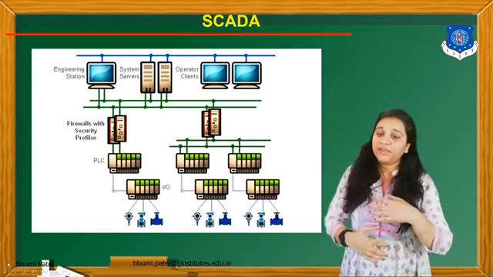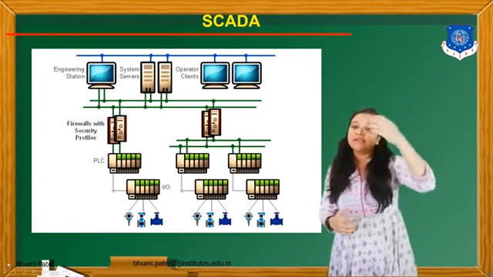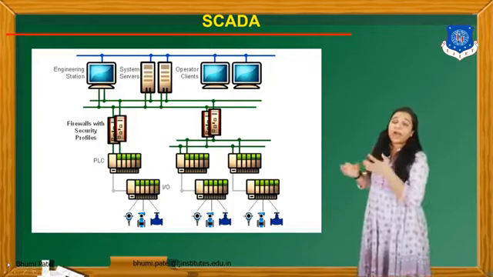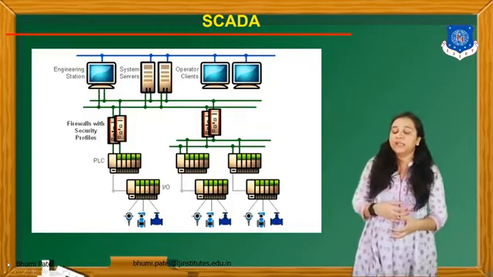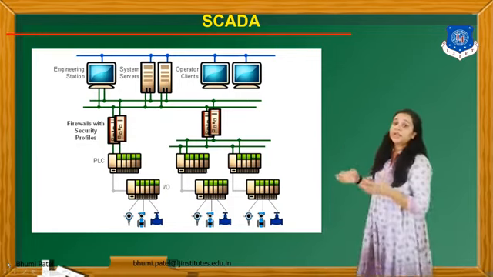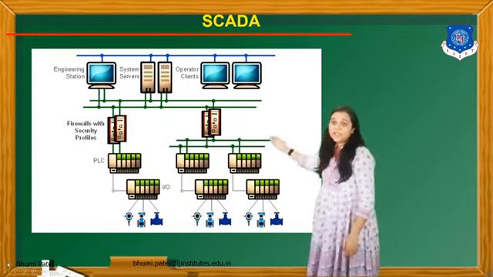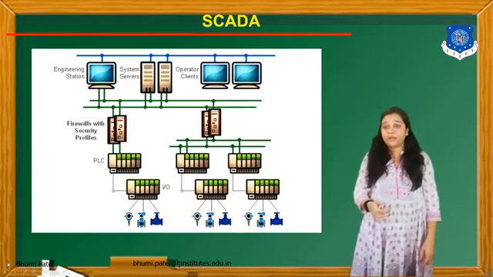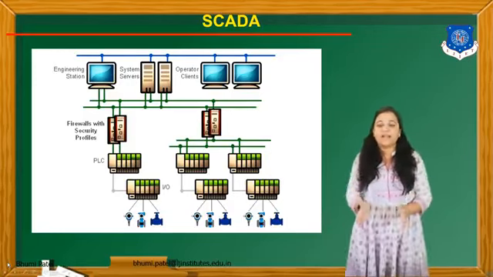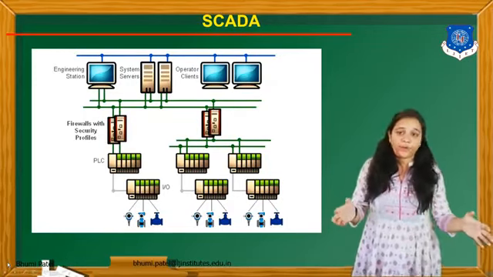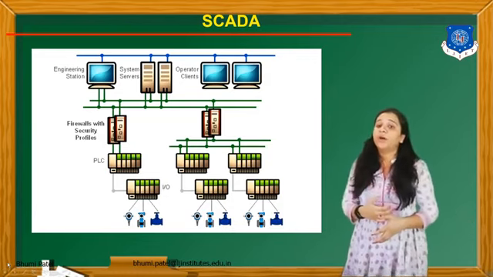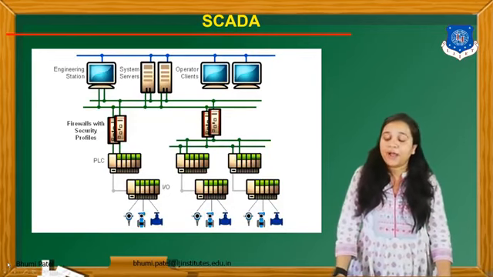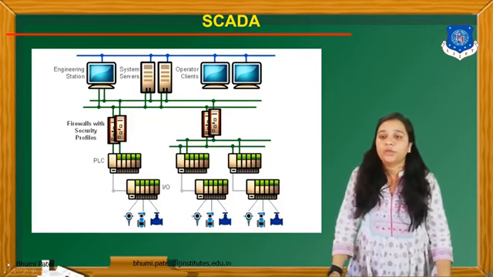hardware. Now, between the PLC and this SCADA system, we can connect a firewall with the security profile. We can connect the RTU system with the PLC and this SCADA system. Here, three servers are there. First one is the engineering station. The next one is the system server, and the third one is the operator client. So we can divide this master SCADA control into different types of systems depending upon the application. So after the PLC work is done, we can connect the SCADA or the master station of this particular system.